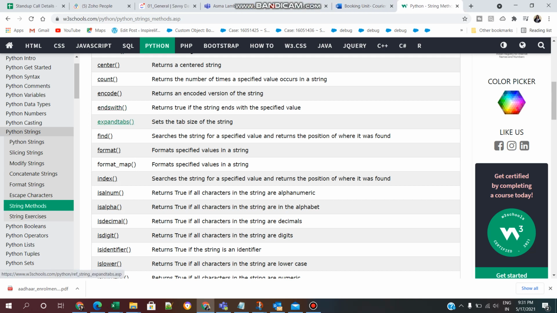Now click on expandtabs. This built-in method is used to set the tab size of the string. And the find method is used to search the string for a specified value and returns the position of where it was found. So first we will see the expandtabs method.